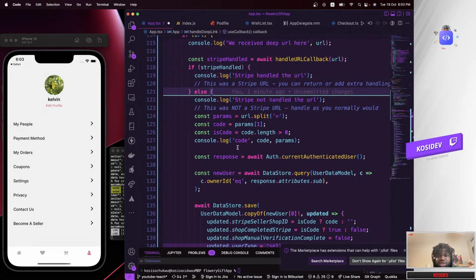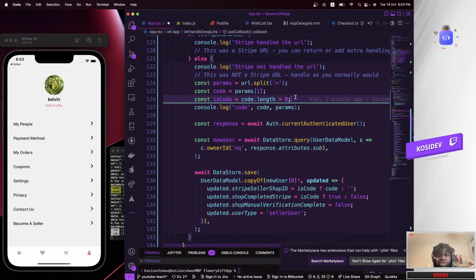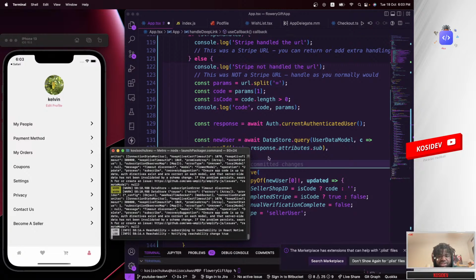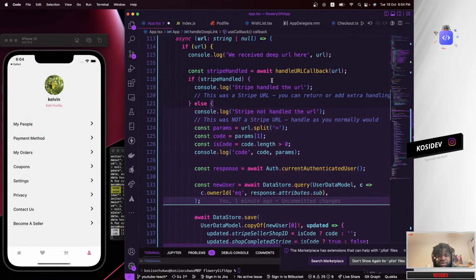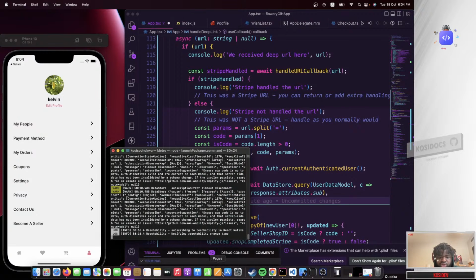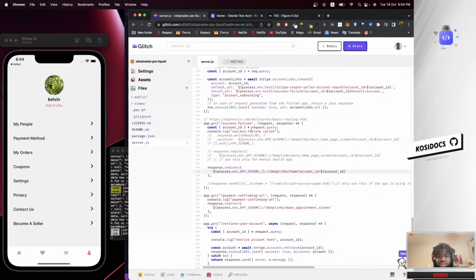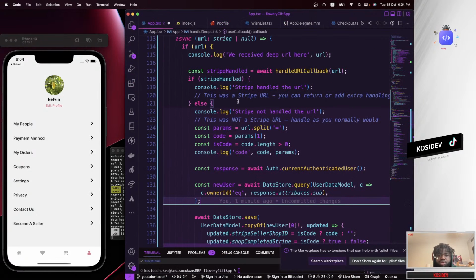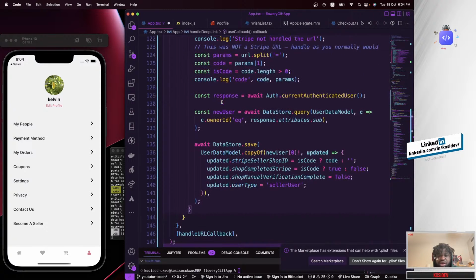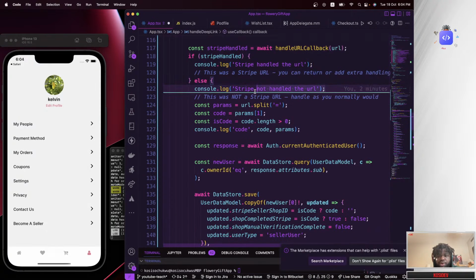And if it's not from Stripe, that means we already know that this URL is coming from a redirect itself, not from Stripe itself. So the redirect is basically the one I actually showed you guys from our backend. This redirect over here. So that's what we are monitoring in this section of if statements. Once we get the URL that is not being handled by Stripe,